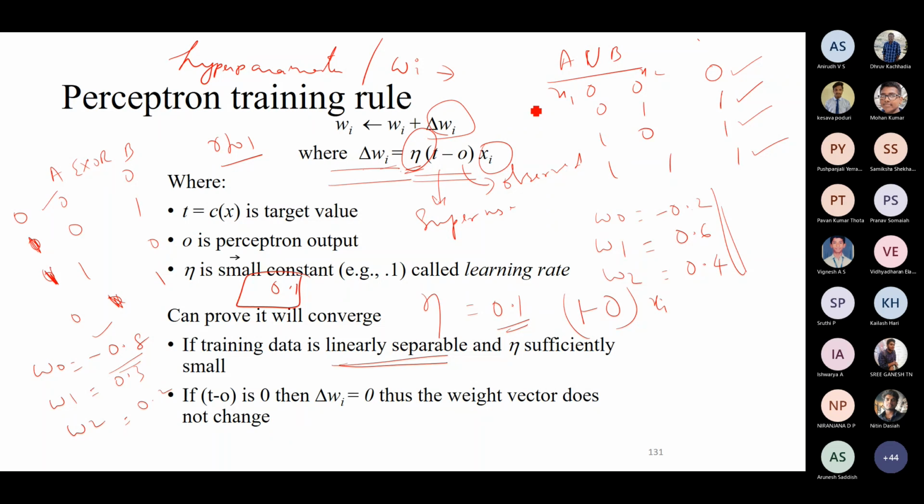Here this is 0 and 1. So what is T? T is your target, which is 0. And what is observed? Supposing you have observed this 0 to be a 0 itself, then this becomes 0 minus 0. So there is no change in your weight vector. Supposing you get a 1 as against a 0, then this will become 0 minus 1, which is minus 1. So you have to change your weight vector, delta wi, with minus 1 into learning rate, of course. And this is going to be your xi, which is your input. So depending upon this one, your corresponding weight vector will change.